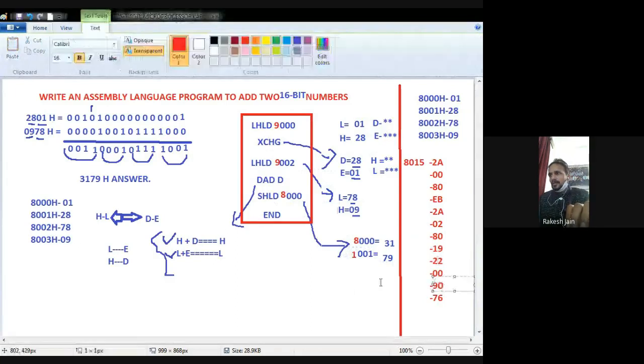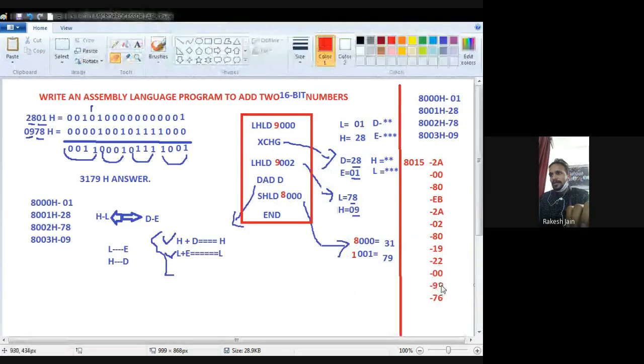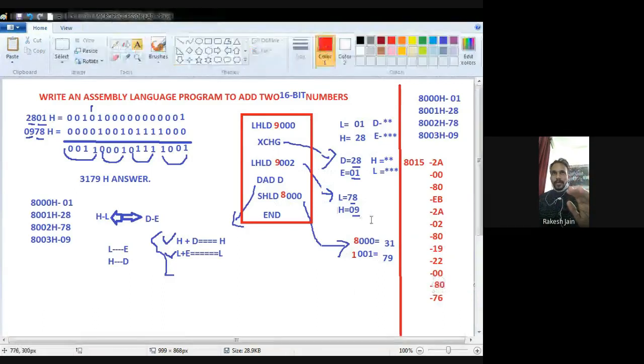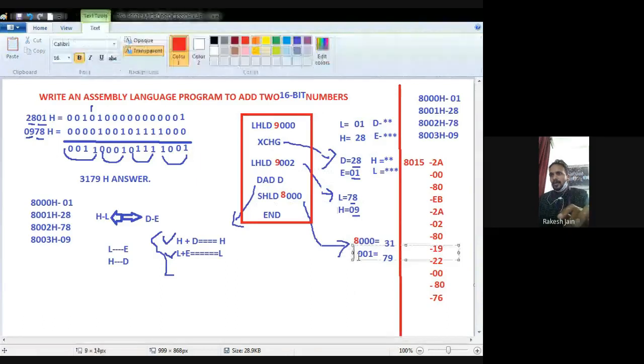When you write this one, after the SHLD 22, you should write 80 instead of 90. That is now 80. Only this change. The program will start from 8014. No problem. The result will be 8000 and 8001.